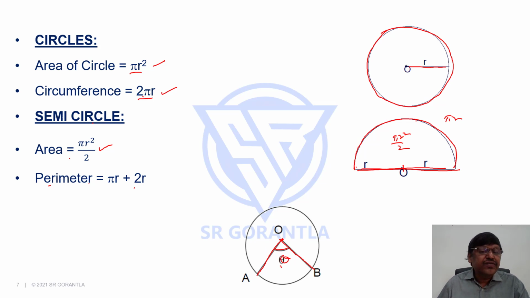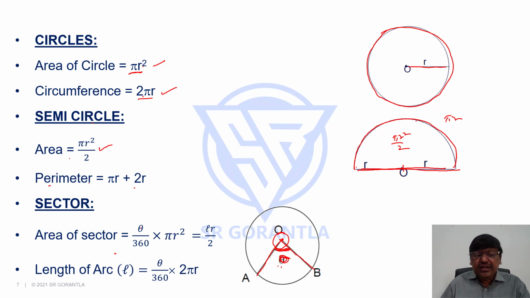Now, what is the area of the sector? See, what is the area of the entire circle? Pi r square. What angle is giving you that? 360 degrees is giving you pi r square. But now I am asking the area that is covered by angle theta. We say area of a sector is theta by 360 into pi r square. I'll come back to this, L r by 2. And this